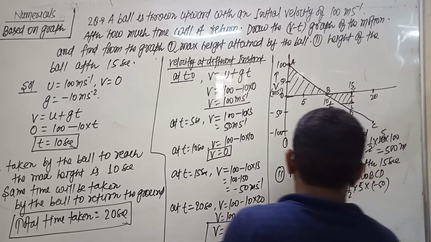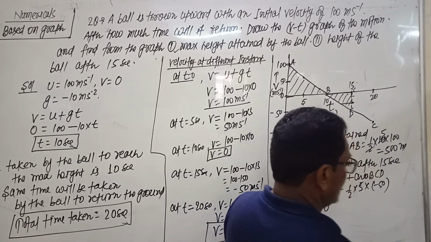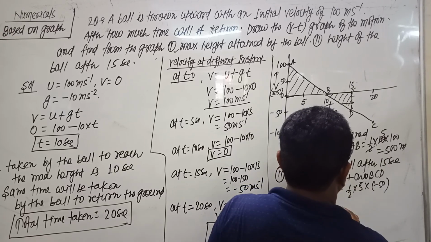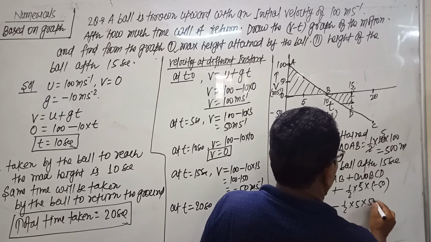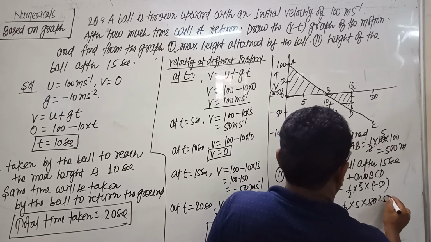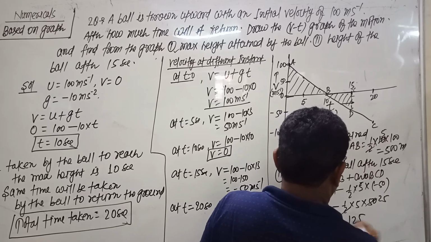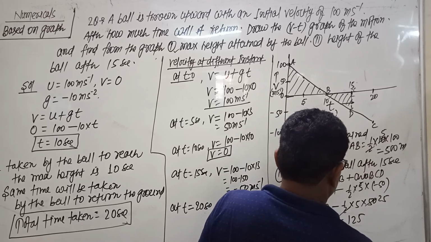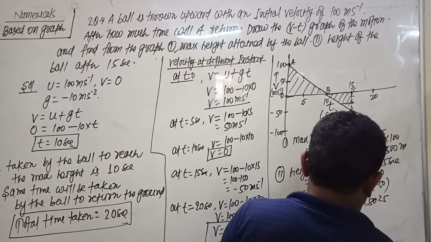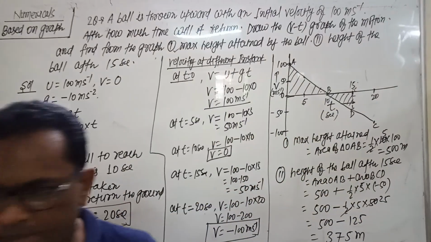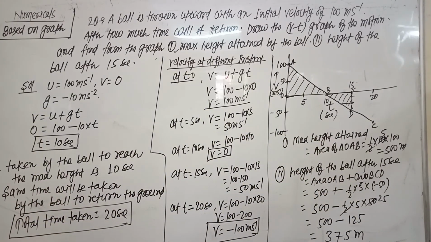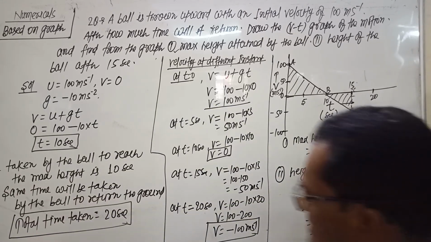So it comes to be 500 plus minus 1 by 2 into 5 into 50, which is 500 minus 125, that is 375 meter. So the height covered after 15 seconds comes to be 375 meter, and the maximum height attained